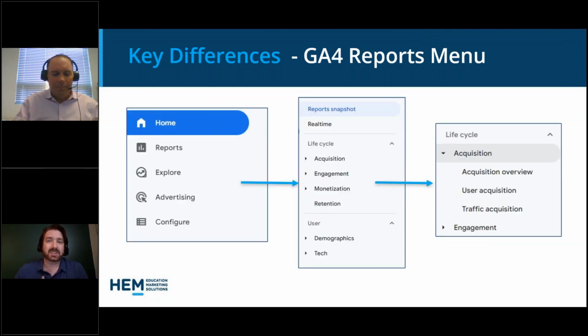So in GA4, one of the things that's nice is that it's a much sleeker menu. There are fewer options, there are fewer drop downs, and it really just gets you to the reports a lot quicker, and you get a lot more information at a glance. And in some ways, there are also more reports that are focused directly on your conversions and your KPIs now.